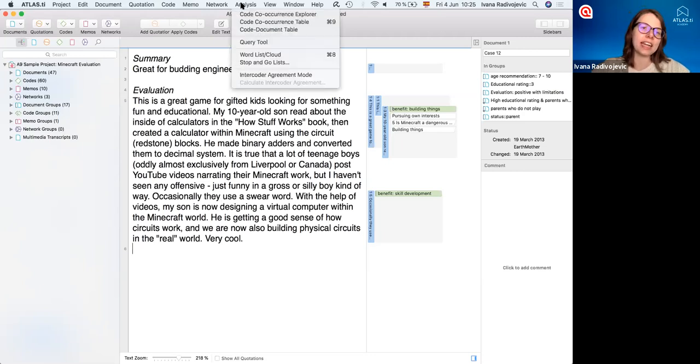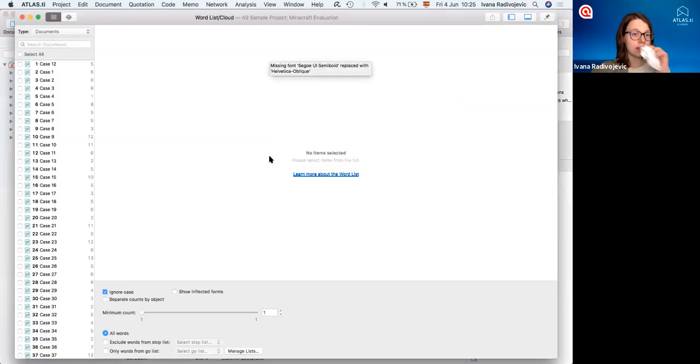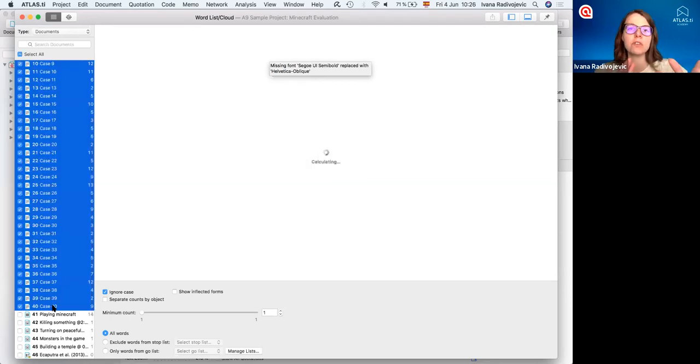And so if we go to the analysis menu at the top, we have all these different tools here. And for content analyses, we can create word lists and word clouds. And so we'll click here to open up the tool. And now on the left-hand side, we just tell ATLAS.ti what documents we want to look in. So maybe I want to look in all of my survey data